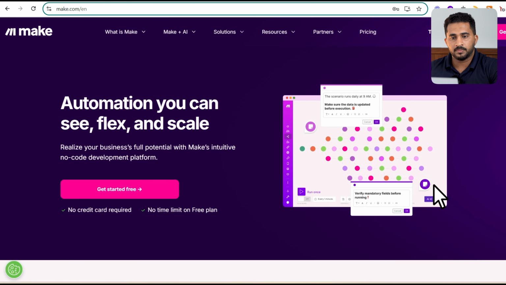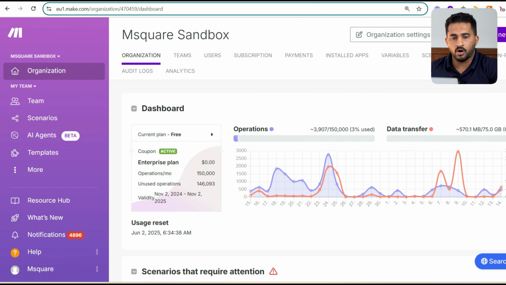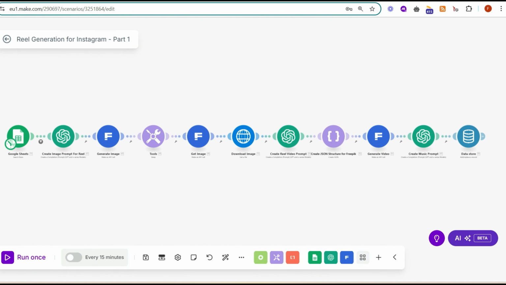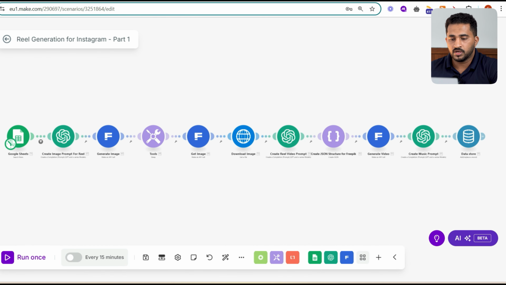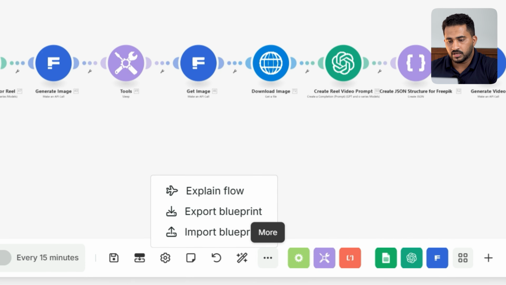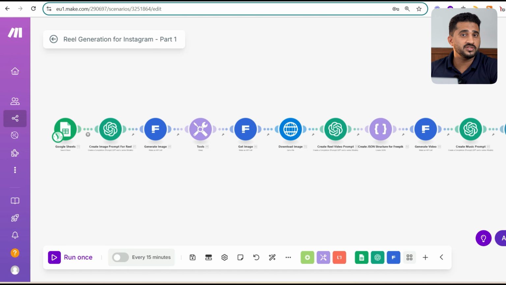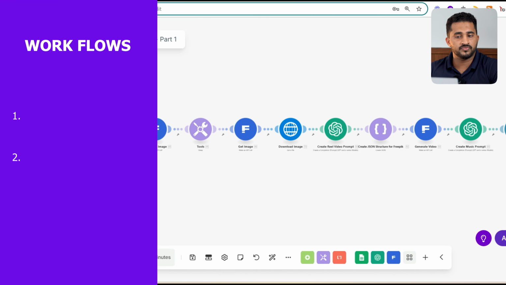So once you sign up, you will get into this home window. There you can create a new scenario. Then you will be redirected to the scenario editor window. There you can import the blueprints that I'll share in our school community, or you can simply build it from scratch. So guys, for this purpose, we have two automation workflows, one to create the reel and another one